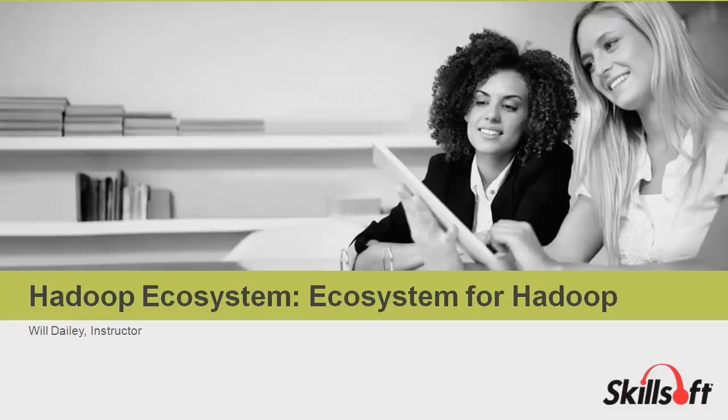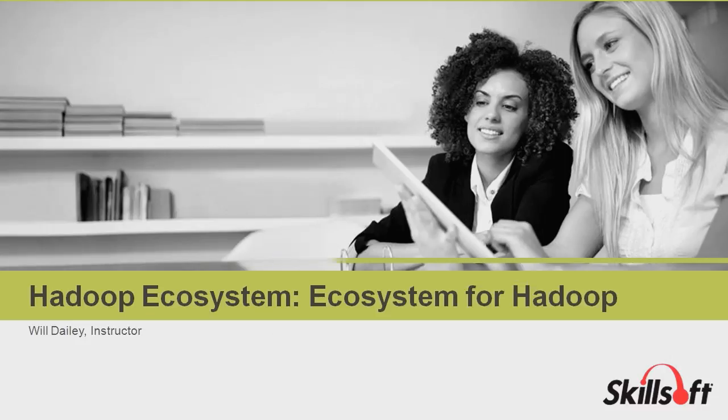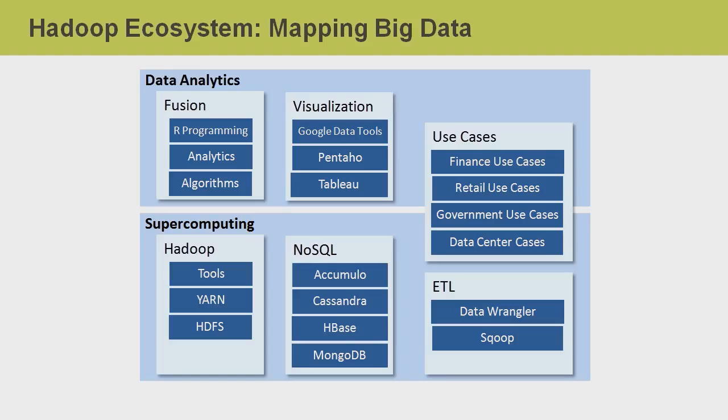Big data is a sophisticated, scale-out compute environment with numerous functional elements and complex systems for the purpose of flowing data for analysis and automated decision-making. But let us take a deeper look by mapping out big data. We can first divide big data into two subdivisions: supercomputing and data analytics.